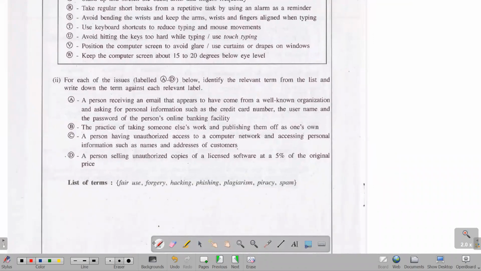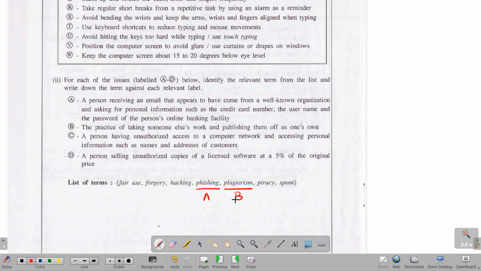Okay. So a person receiving an email that appears to have come from a well-known organization and asking for personal information such as the credit card number, the username, and the password. This is what you call phishing, right? So phishing goes with A. The practice of taking someone else's work and publishing it as one's own. Yeah, so this is called plagiarism,